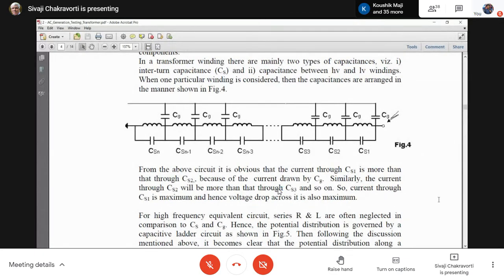So Xc will become 1 by 10 to the power minus 5, or 10 to the power 5 ohm. So 0.1 giga ohm, this is the CS1 reactance. Whereas these series inductances are of the order of millihenry. That means 10 to the power minus 3 multiplied by omega L, where omega is 314, again about 300. So 10 to the power 2 into 10 to the power minus 3, so it becomes 0.1. So it is of the order of 10 to the power minus 1 ohm.